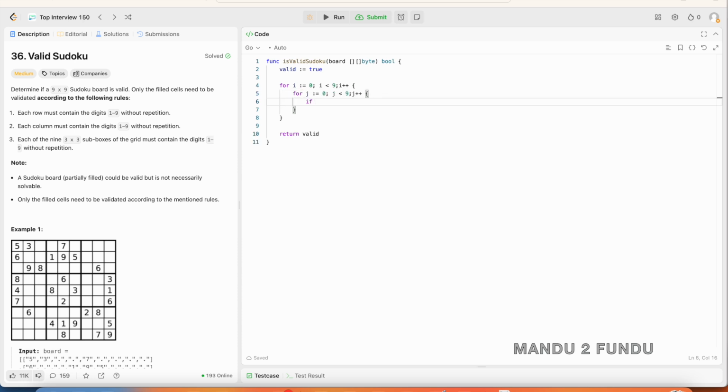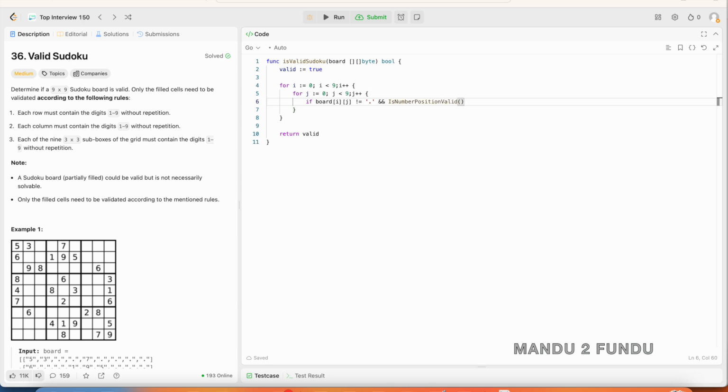Then I check whether the current cell is filled by checking the cell's value is not equal to dot. If it is filled, then I check whether that number's position is valid by calling the isNumberPositionValid function